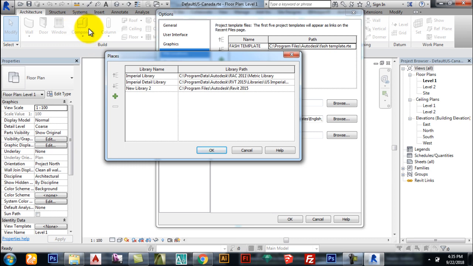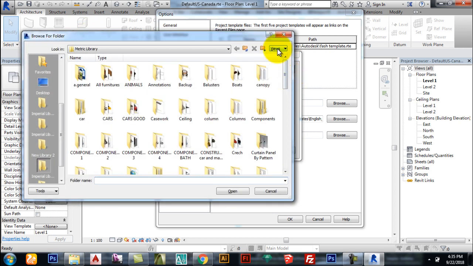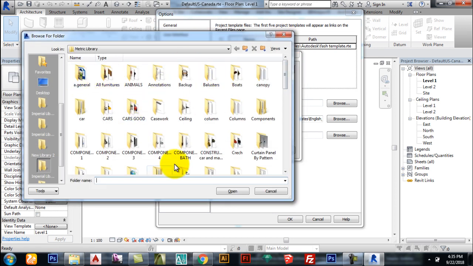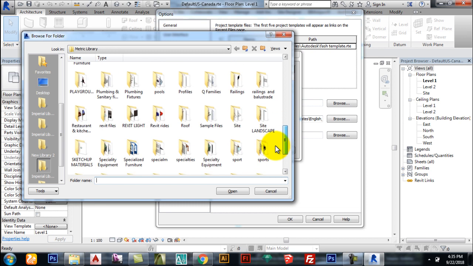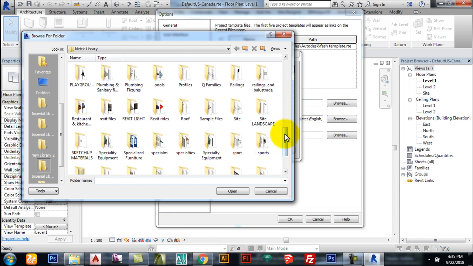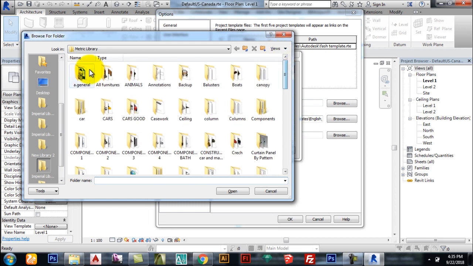So if you have the component tables, furniture, and all of that, and you have a folder where it's stored, you can come here, click this, and then you are in the folder. So in case you have another folder, you can just use that instead. But this is my own Metric Library folder here. In case you are looking for where your Metric Library folder is stored on your laptop, you can simply